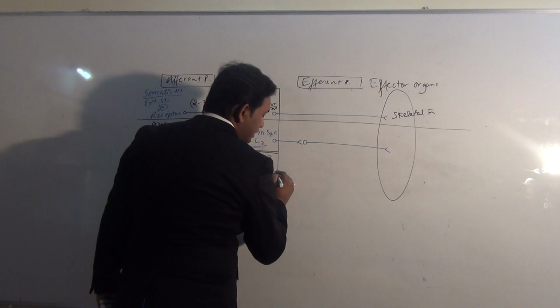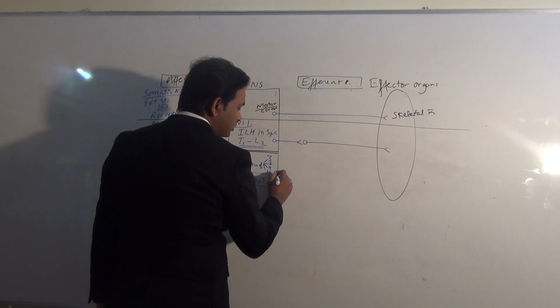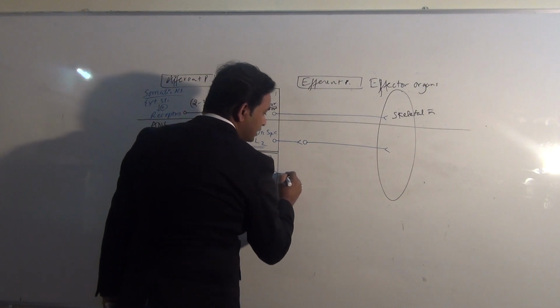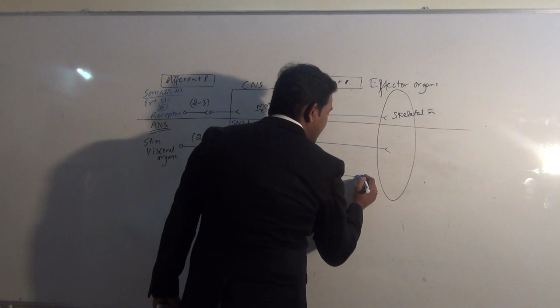So this is the first neuron arising from CNS in case of parasympathetic nervous system, and this is pre-ganglionic neuron. It is very long and gave rise to